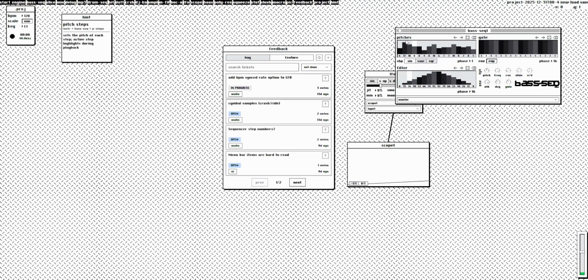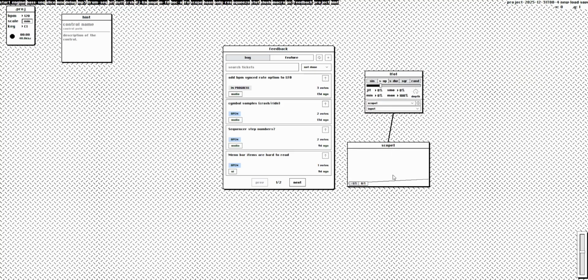I believe I'm getting my terminology right. So yeah, there's a 16 bar phaser, and this is nice and simple, and it works,